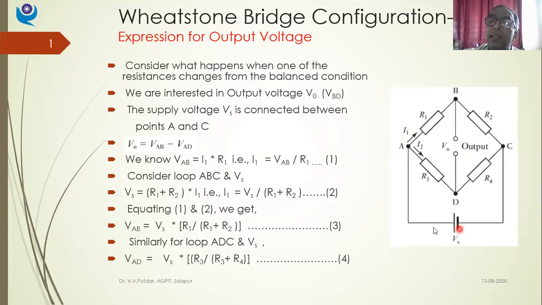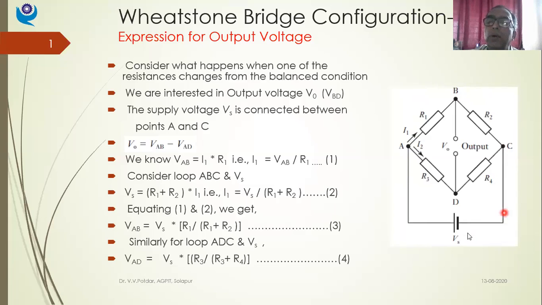So for this circuit, VS, A, B, C, what is the current flowing? Forget about I2. Current flowing is I1. Right? The same current is flowing through R2 also. So what is Kirchhoff's voltage law saying? Please be attentive. Have you drawn this circuit, eliminating R3 and R4 and V0? You have drawn only VS, A, B, C. Okay, so look at only this part.